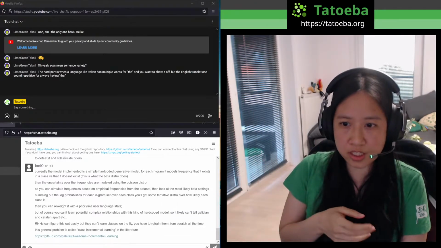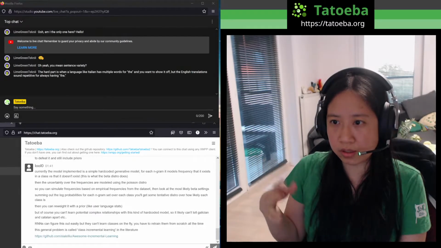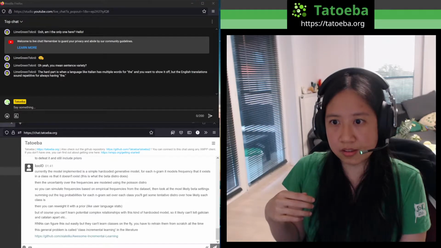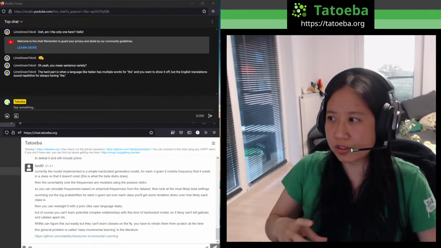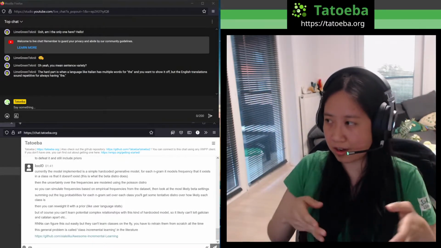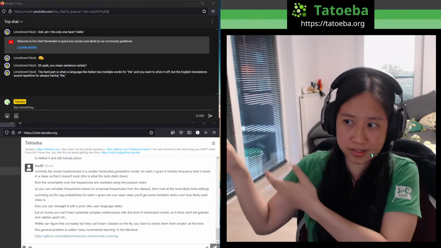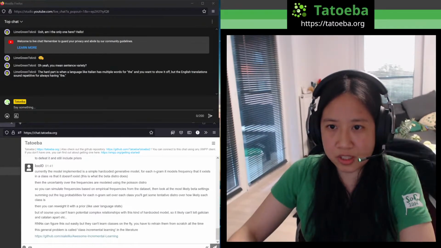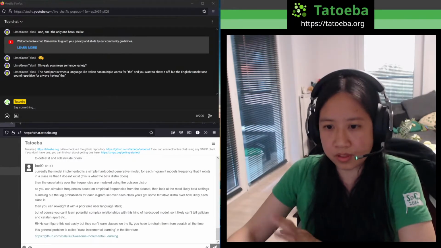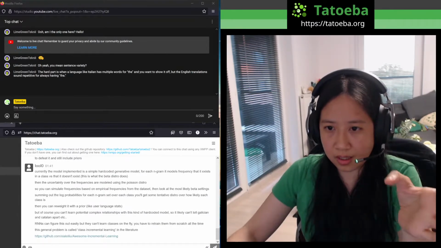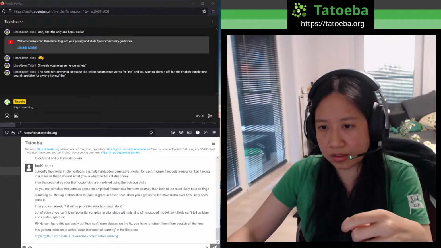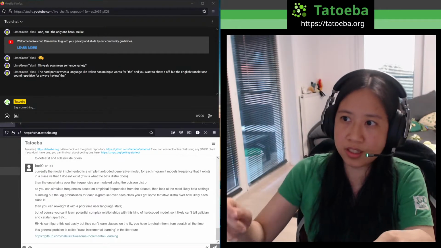There have been several examples in Tatoeba where people added a large amount of sentences with the same pattern 100 times and just one thing changing.